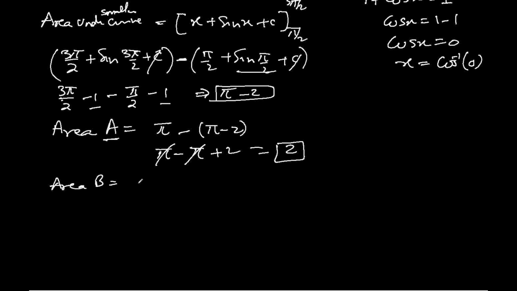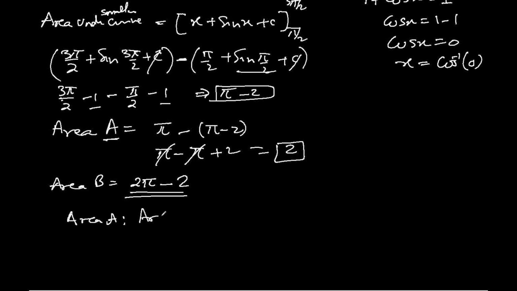Area B will be the one we got, 2 pi earlier, A plus B, and now we'll subtract the A from it. We get 2 pi minus 2. This is the area B. Now, they said area A